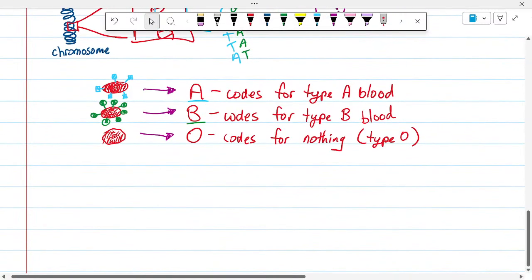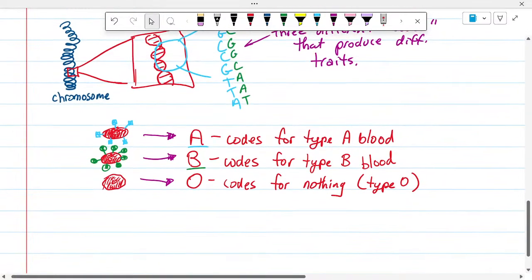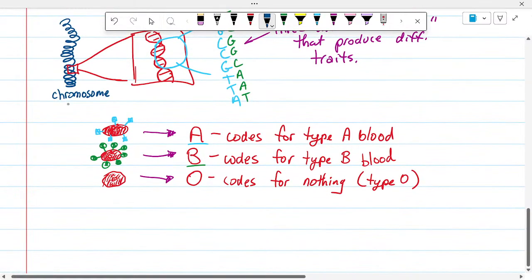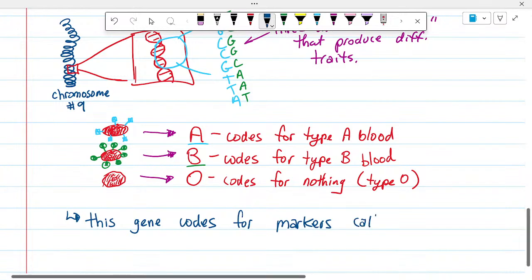Yeah. But now remember, by the way, as it happens, this gene lives on chromosome number 9, if you're wondering. The ABO blood gene is a gene on chromosome number 9. This gene codes for markers on the outside of red blood cells. These are called antigens. You don't need to know that, but